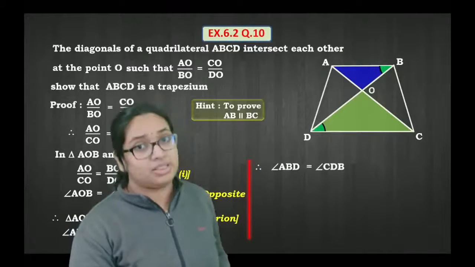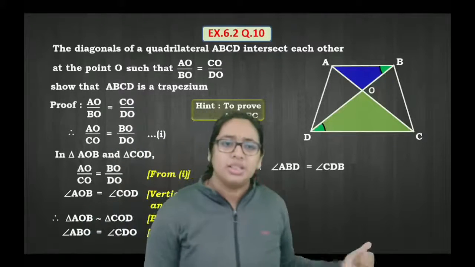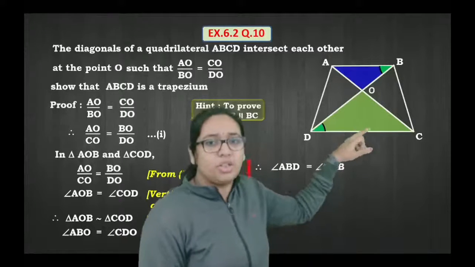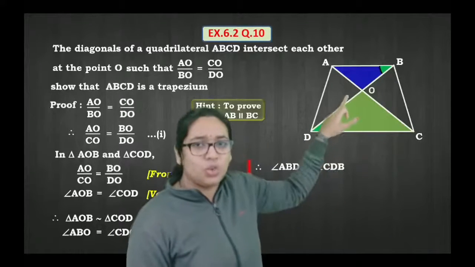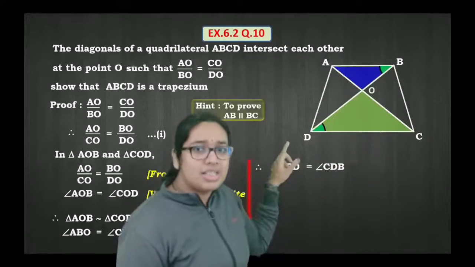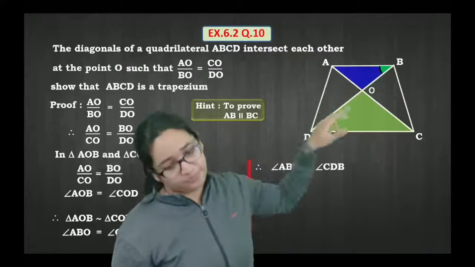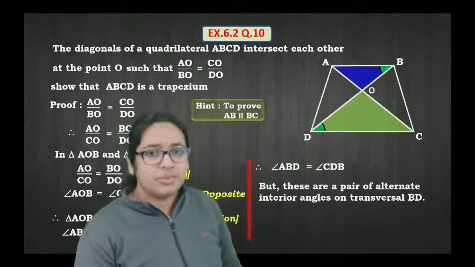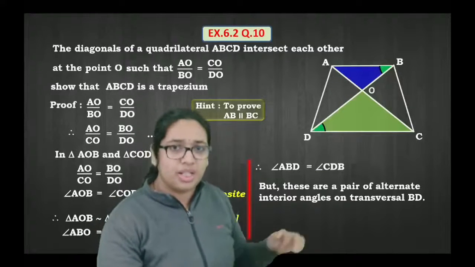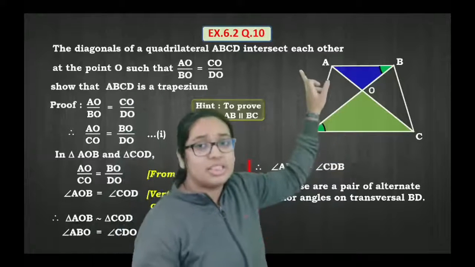Similarly, CDO, मतलब CDO, so instead of writing CDO, we'll write CDB. वो same रहेंगे।